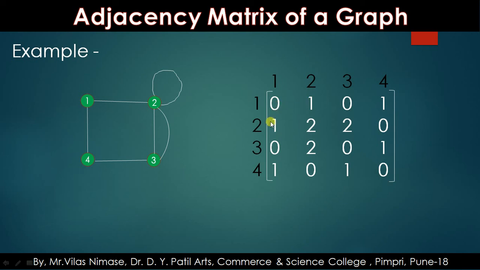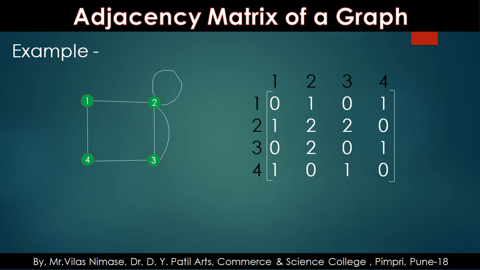There are 2 edges joining vertex 2 and vertex 3. Therefore, the entry at second row and third column is 2. Similarly, the entry at third row and second column is also 2. Same way, entry at first row and fourth column is 1 and entry at fourth row and first column is also 1,